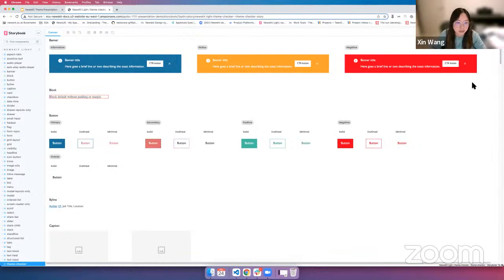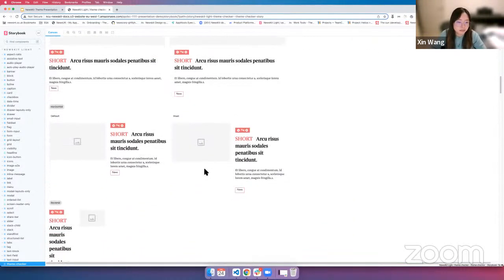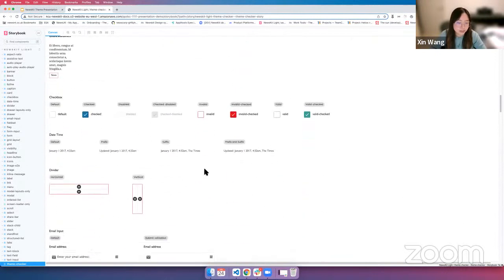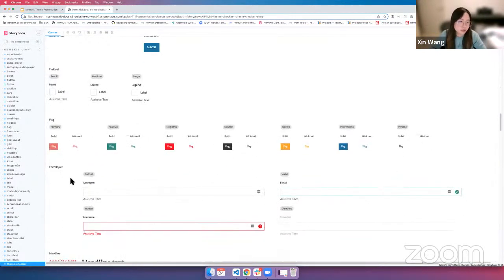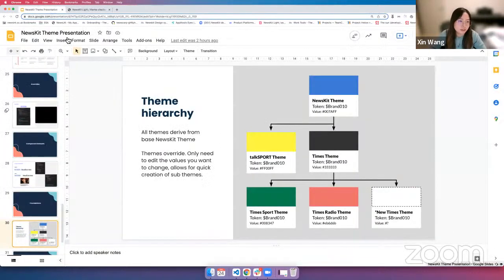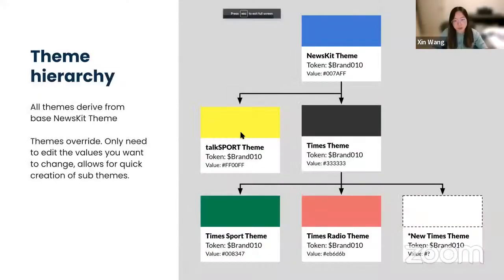Once I change to radio, everywhere that brand color token is used is going to propagate through to all the other components. That's why, as I mentioned, it has the highest level of change, because it's going to change everywhere that token value is used. It is normally used when you want to set some brand conventions.